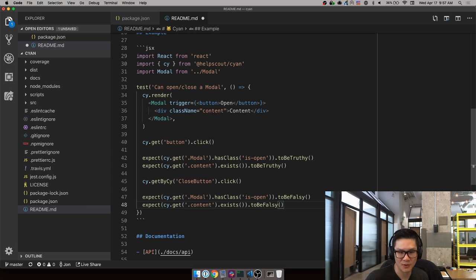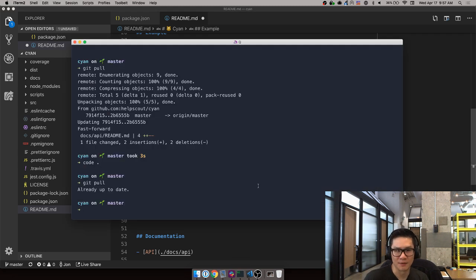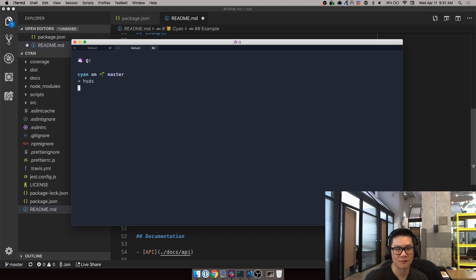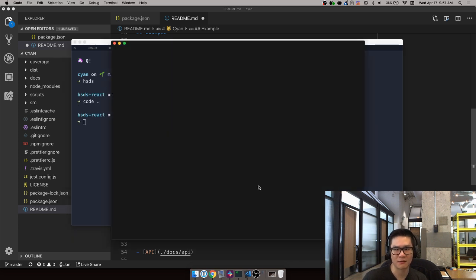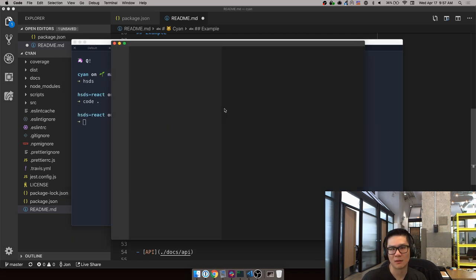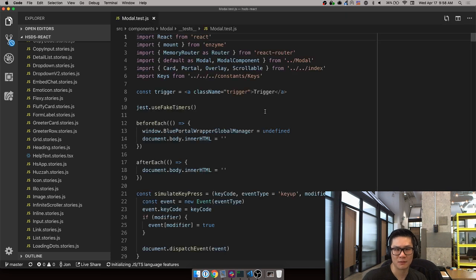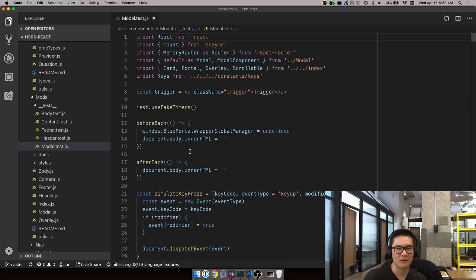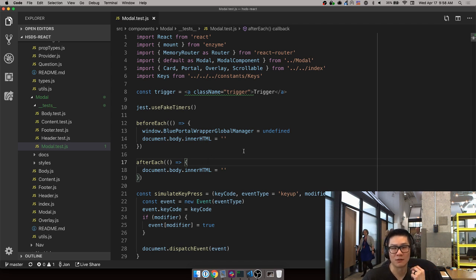Because if I pull up a modal test, I can probably do it right now. Inside of HSDS React, if I open this, I don't even know, modal test here. So I have to fake some timers. I have to do some before each clearing of the document body inner HTML, because that's where a modal actually gets injected into the DOM